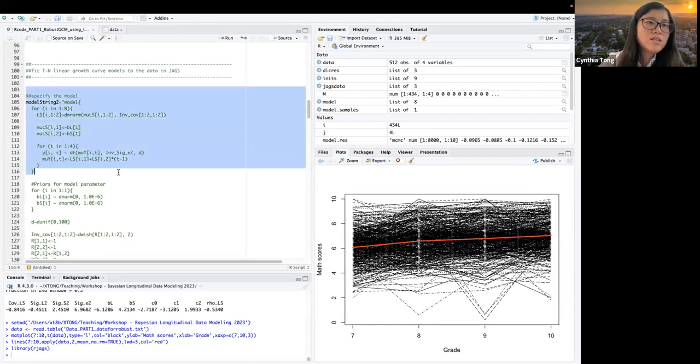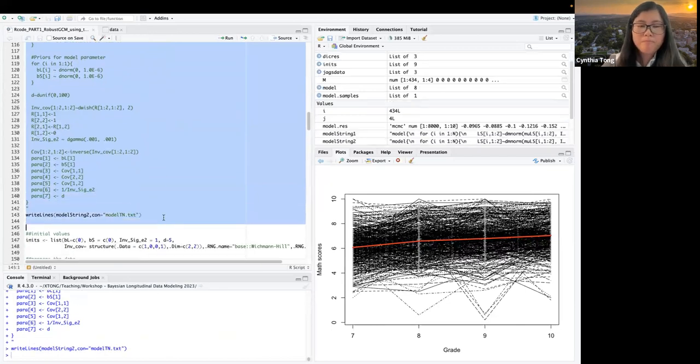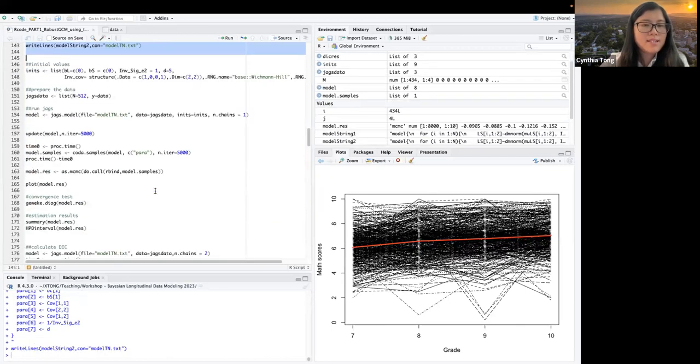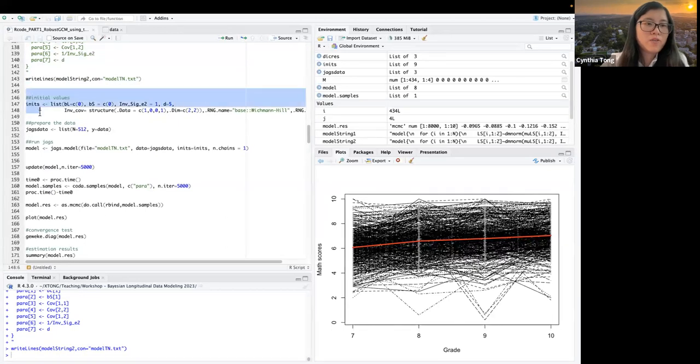Okay, so this is the TN model. And then we have the initial value specified for it. So notice that because we have one additional parameter d, the degrees of freedom also need an initial value.